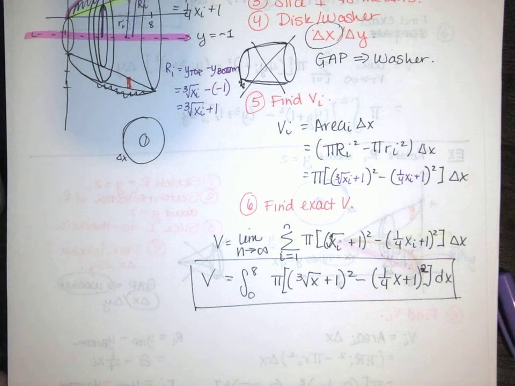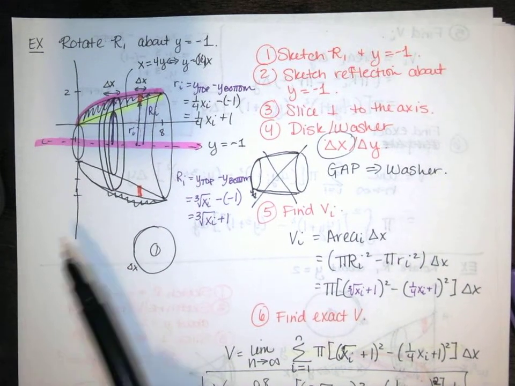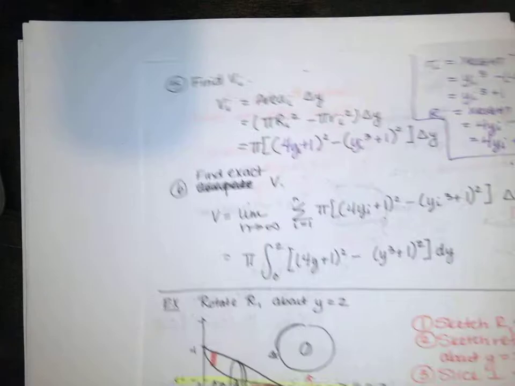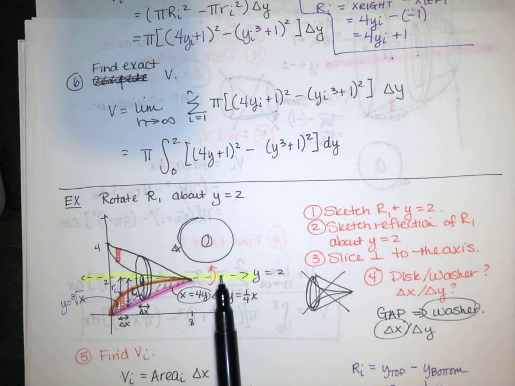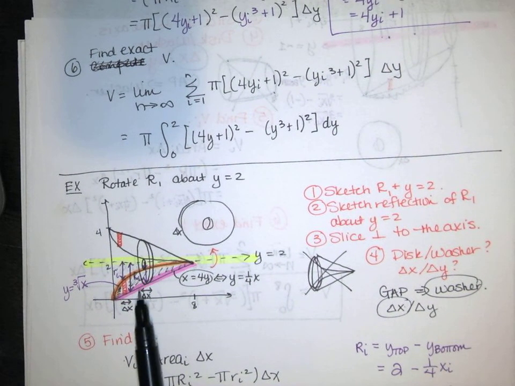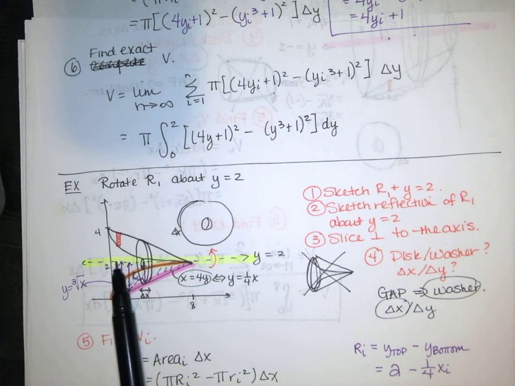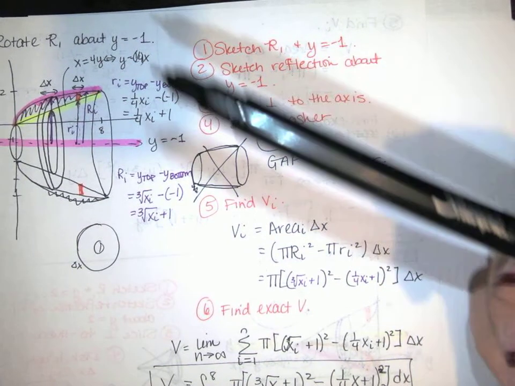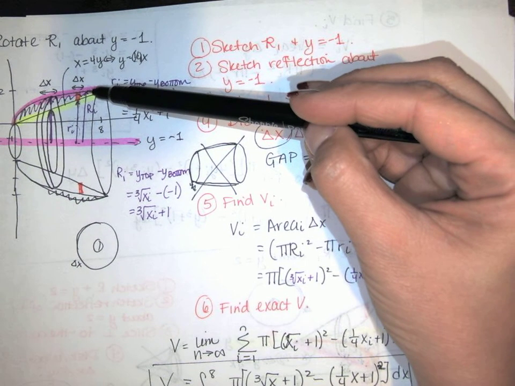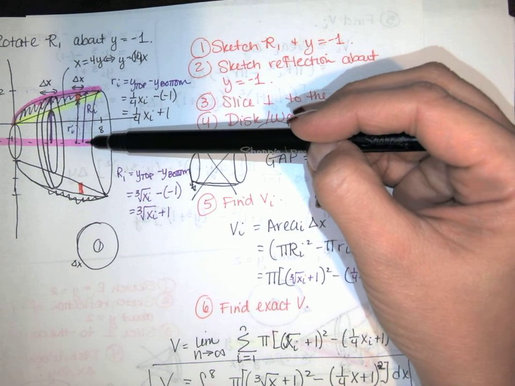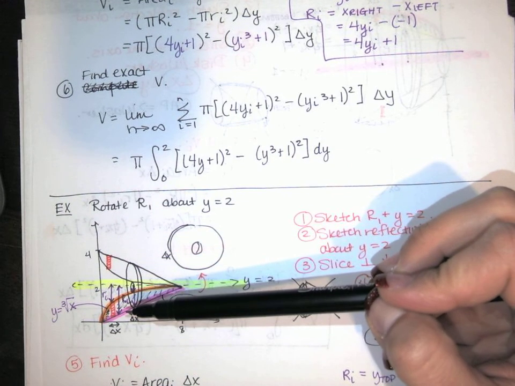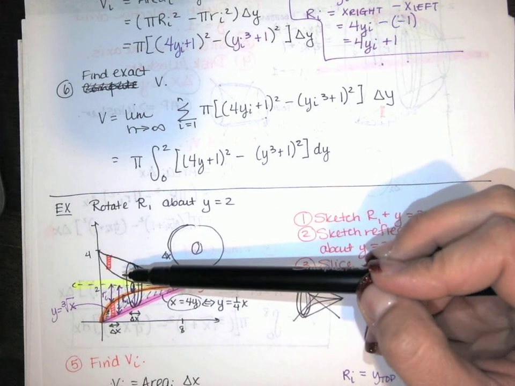So, whether that line is below your region or above your region, you're going to do top minus bottom if those radii are vertical. Top minus bottom, or top minus bottom. The top one might be a function and the bottom one might be the equation of the axis. Or it could go the other way. The top one might be the equation of the axis and the bottom might be the equation of some function. But either way, you're doing